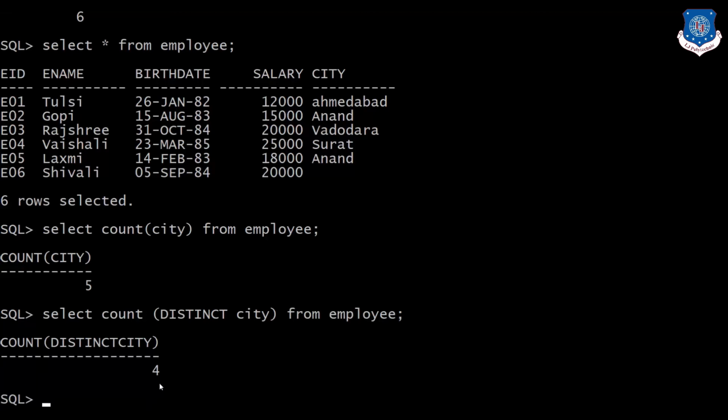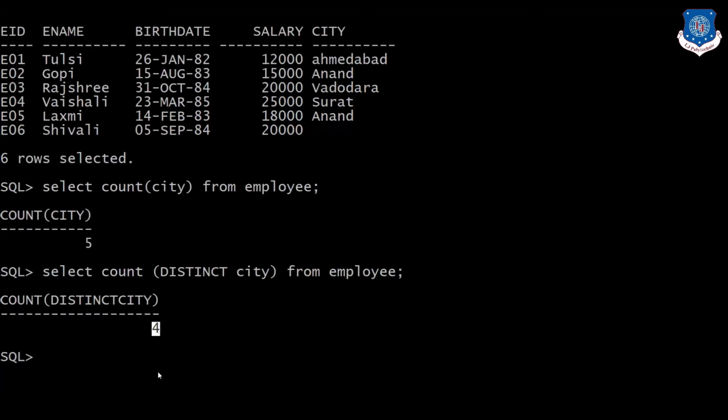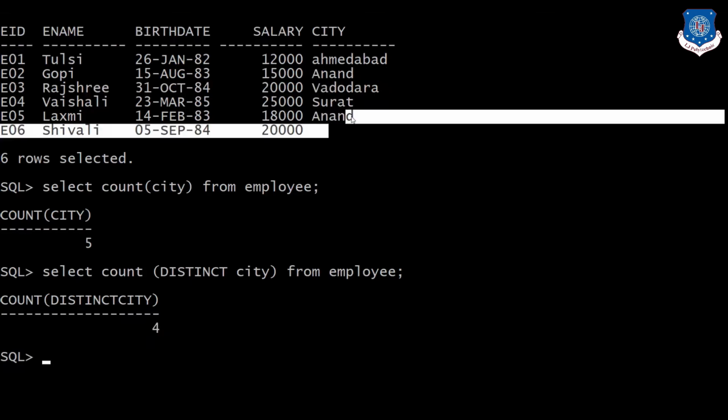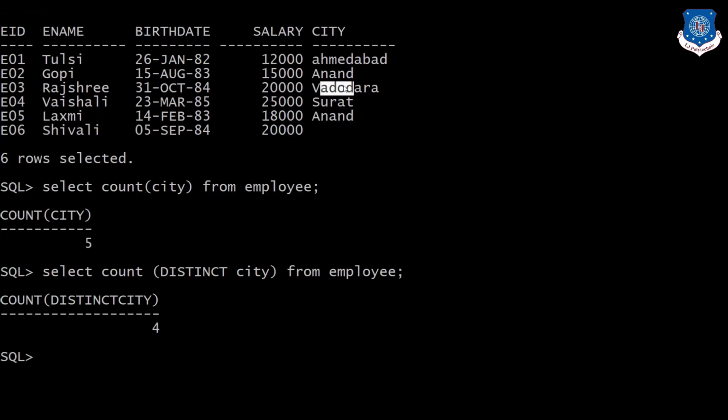So it is giving me the output as 4 because we have a duplicate record Anand over here. So one null will be eliminated, Anand will be eliminated. So we have distinct values that are Ahmedabad, Anand, Vadodara and Surat. So in this way you can count numbers of different criteria.